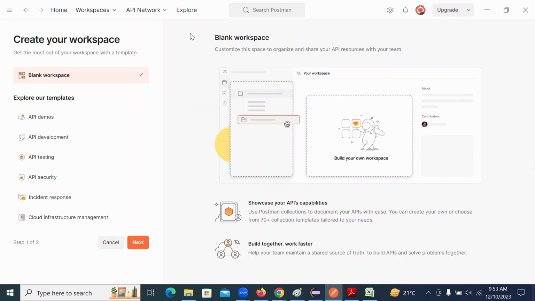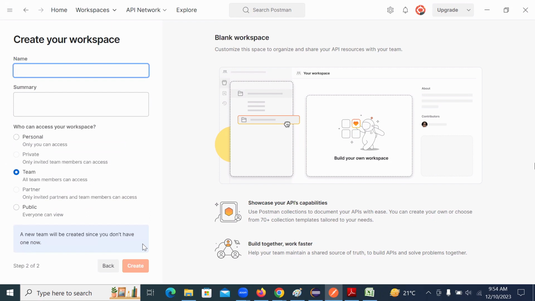Okay, once I click on that button, create workspace, it will ask what kind of workspace. You can go with the default one and click on the next button. Once I click on the next button,